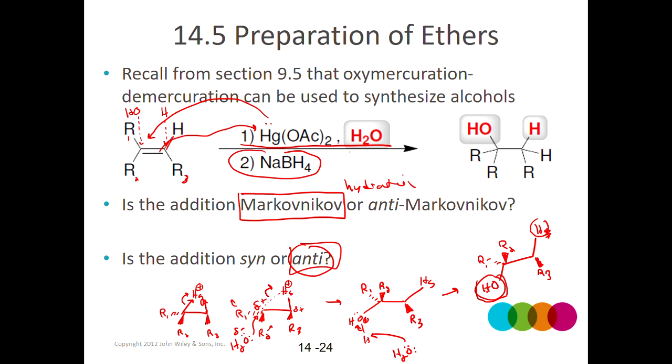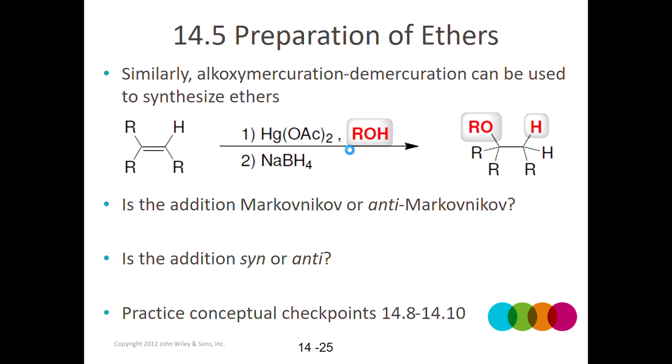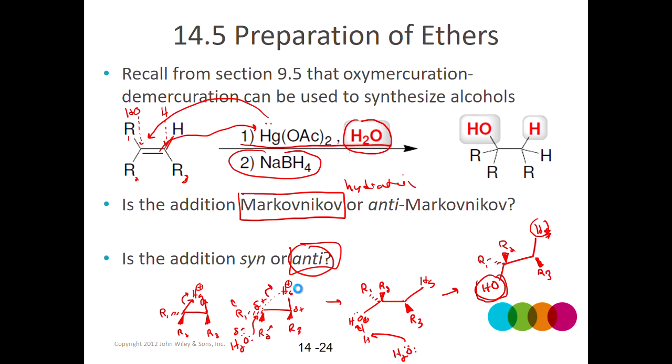And since this works so well, there are other versions of it. If we want to make an ether instead of an alcohol product, all we need to do is substitute the water in this reaction for an alcohol. It's going to be the same exact process. It's going to be a Markovnikov addition. It's going to be an anti-addition across the pi bond. The only difference is, instead of water attacking,